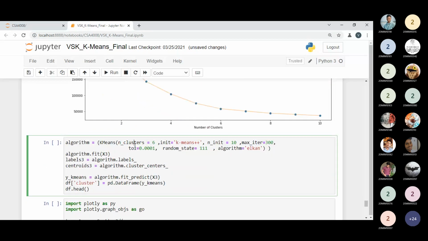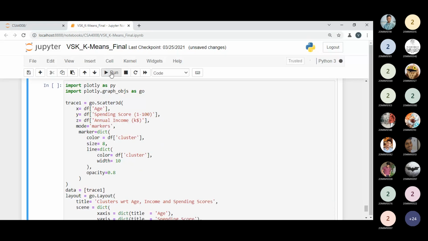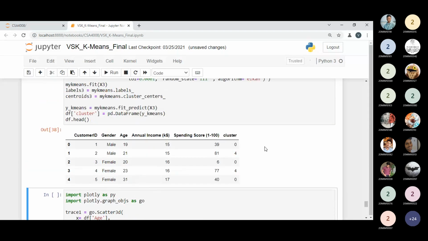And here I'm just changing the number of clusters to 6, or if you want to keep 2, or if you want to keep 5, then you can. I'm just updating it to 5, and keeping the variable name as it is to avoid confusion. No need to print the label values again. This is the point.